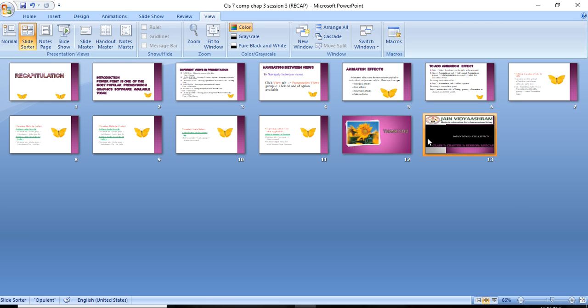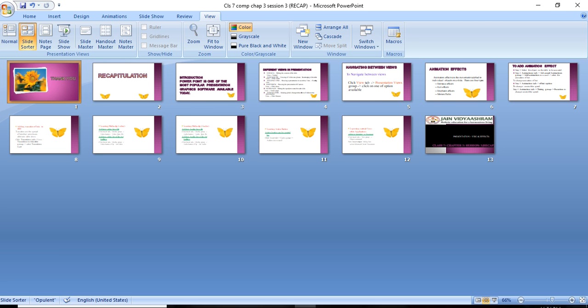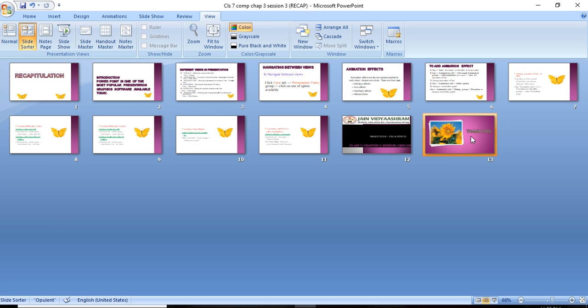See, I keep the first slide as the last one, and the last slide as the first one. In this way we can change the order of the slides. Click and drag the slide.